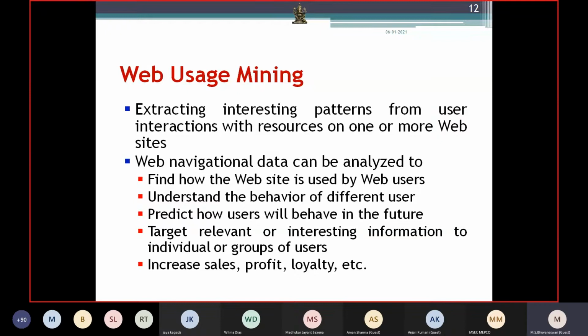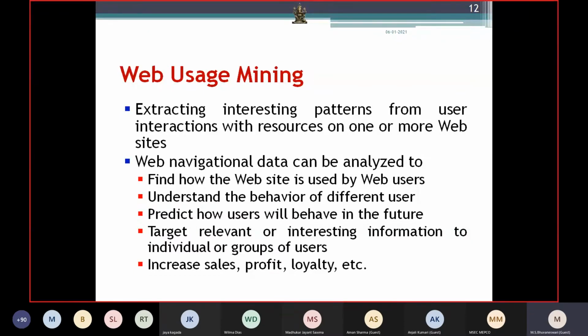The next one is target. Depending upon the interest of the users, we can also recommend some pages. So recommendation can also be done with the help of web usage mining. You might have seen that if you are buying a product, like a laptop, automatically you will get recommendations regarding accessories: you can buy this, this is the best product. They give us so many recommendations. So that is cross selling. We will see it. The next thing is the bundling offer they will be giving.